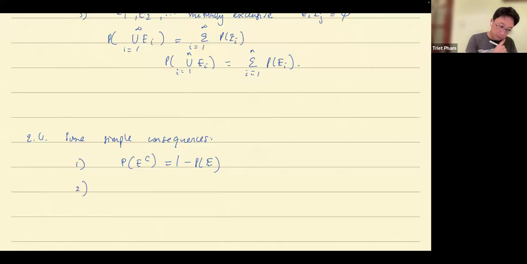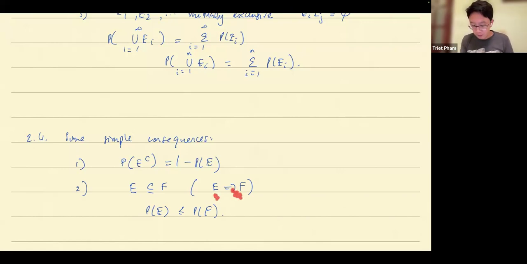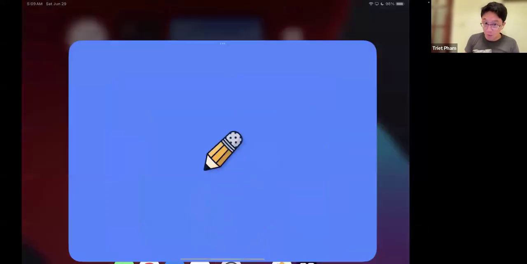Second, if an event is a subset of another event, which is the same as saying E implies F, then the probability of E is less than the probability of F. Basically, if an event happening implies another event happening, then the probability of the first event must be no more